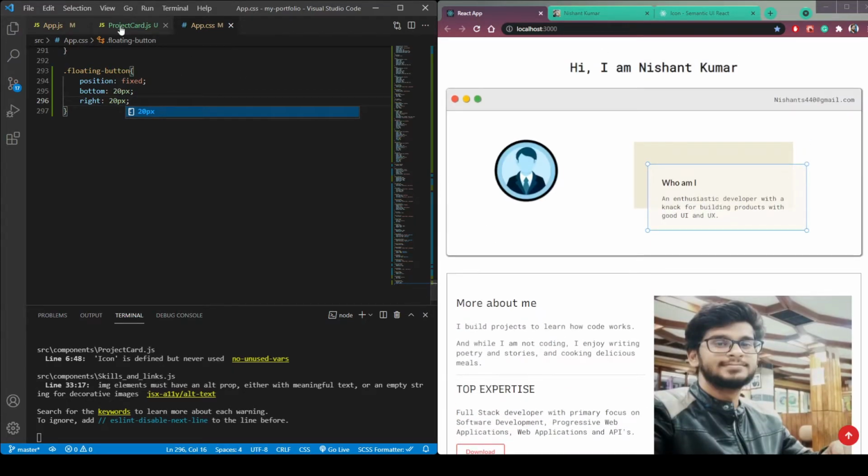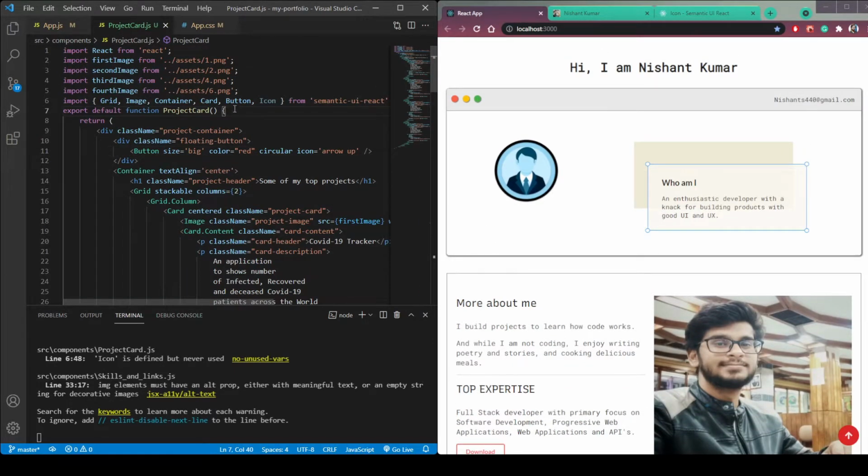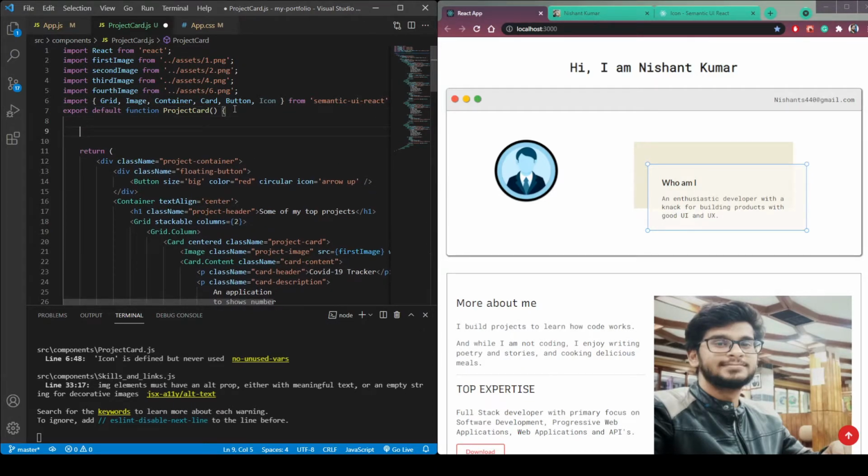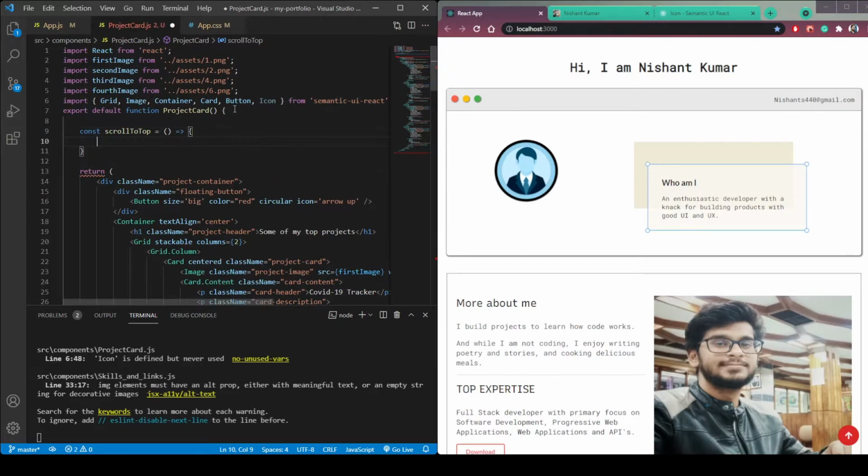Now let's add a function that will be used to scroll to the top. So let's use const scroll to top. Make it an arrow function.